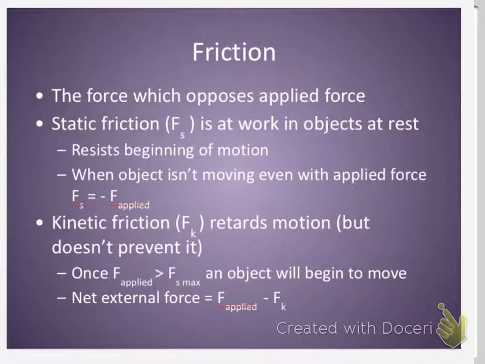Now, while we're talking about opposing forces, we should talk about friction. And I would actually change that to motion. Friction opposes motion. So whatever direction the object is moving in, the friction is in the opposite direction. We'll eventually do at least one problem where we don't know what direction the object's moving in, so we don't know what direction the friction is in, and we have to figure that out. That's part of the problem.